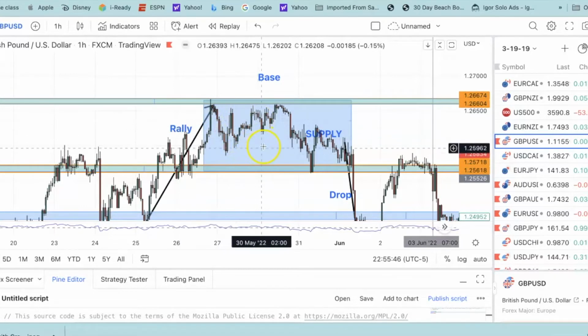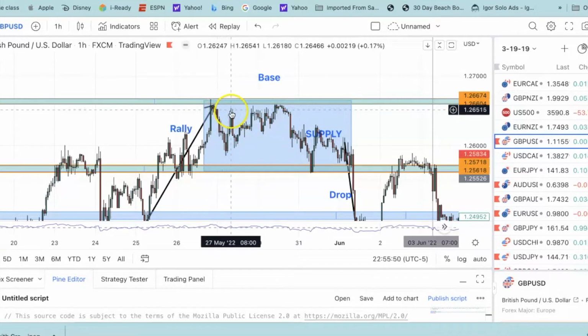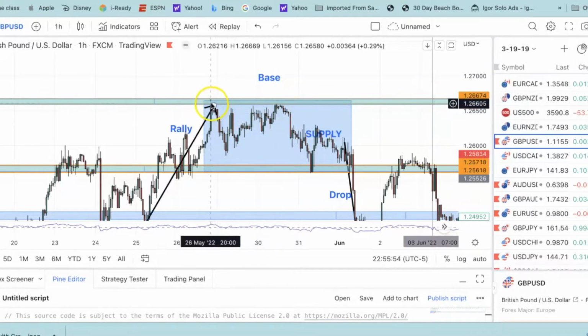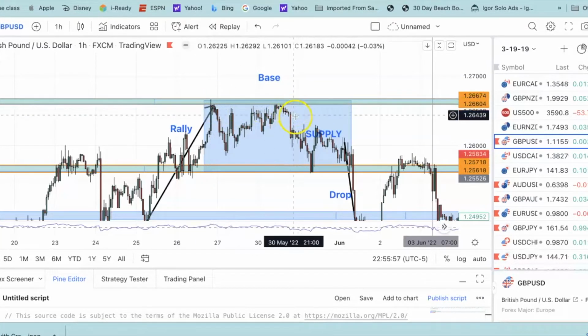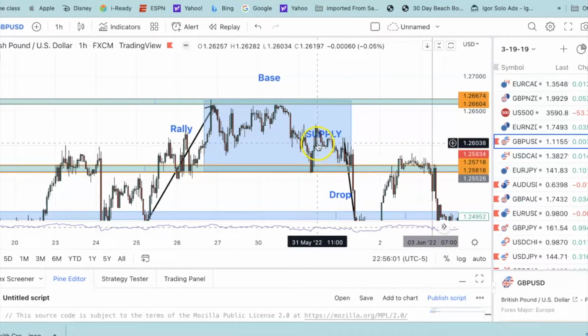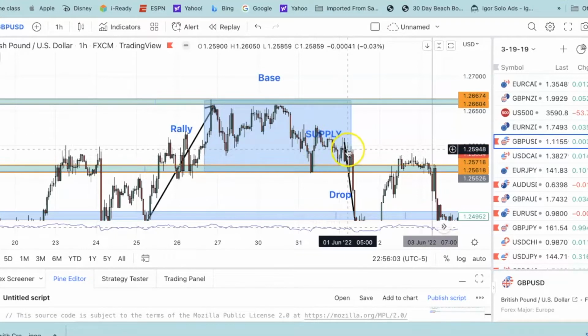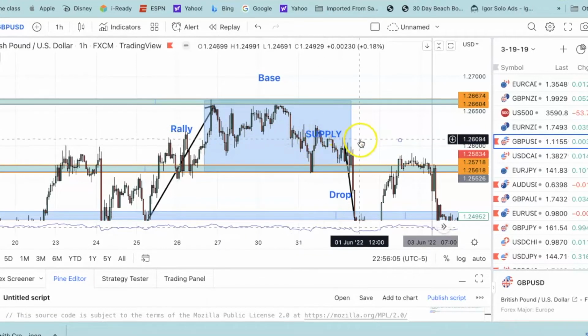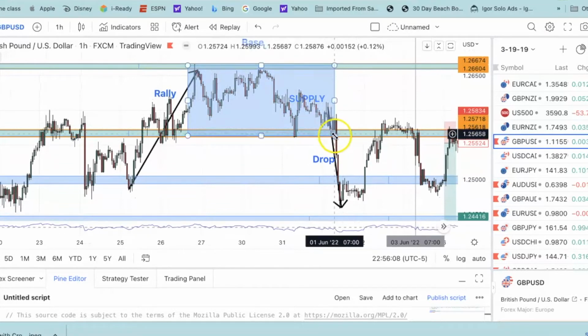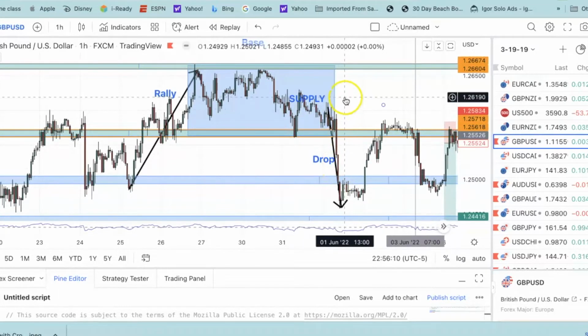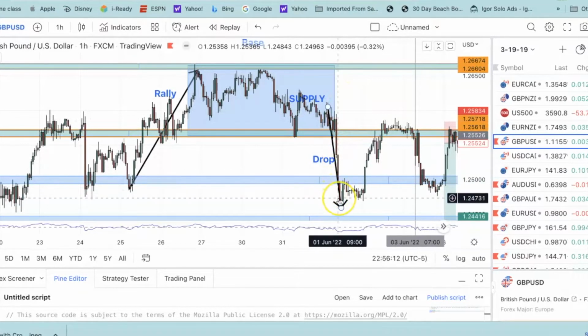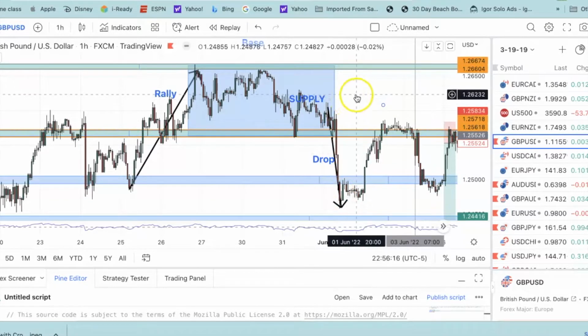We got the consolidation going here, where price is indecisive, doesn't know what it wants to do. It definitely tries on multiple occasions to push back up to where this high was at, okay? And then from here, it started bouncing off and created what? The lows here, okay? And back and forth, created this base. After that, price then made a decision where it broke out and it dropped, okay? And then from here, it dropped and created another low, or lower low. And if you look right here, this is our rally base